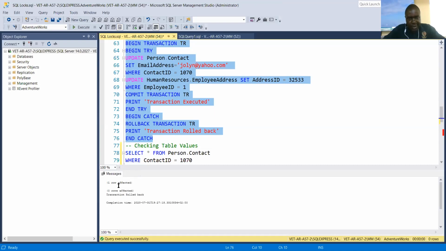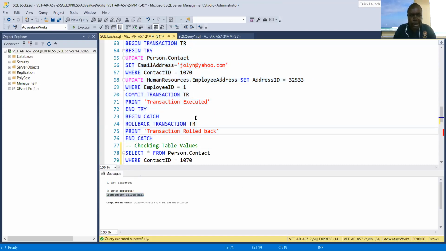And we have the statement telling us transaction rollback. So something went wrong, and the transaction could not be completed. Most likely the foreign key,